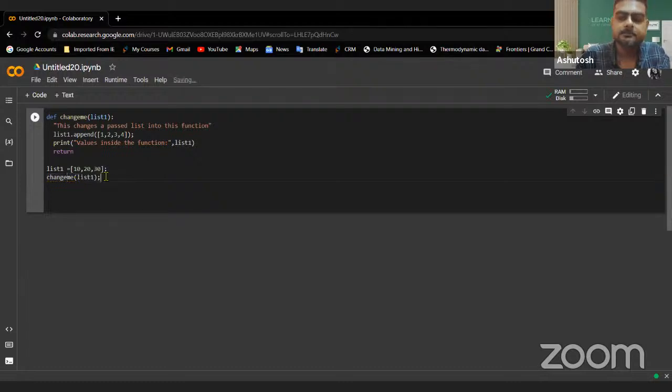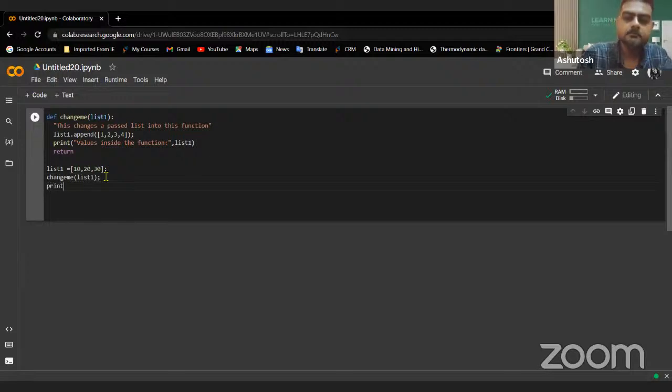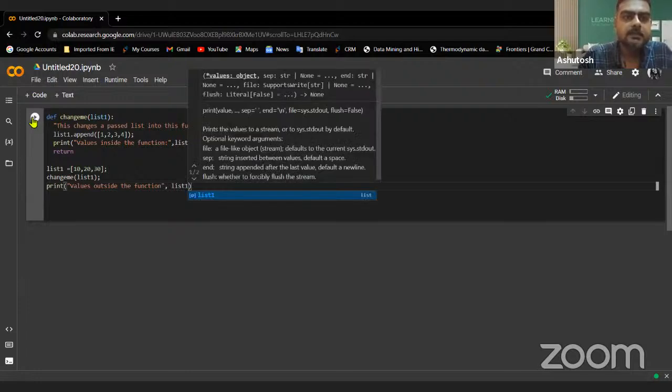Change. And then I'm saying print values outside the function, comma, list1. Now, when I will execute this,